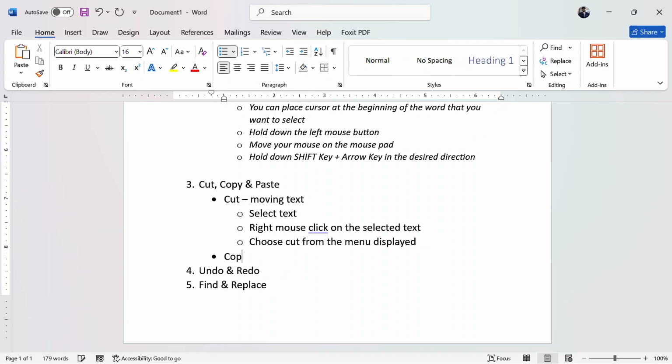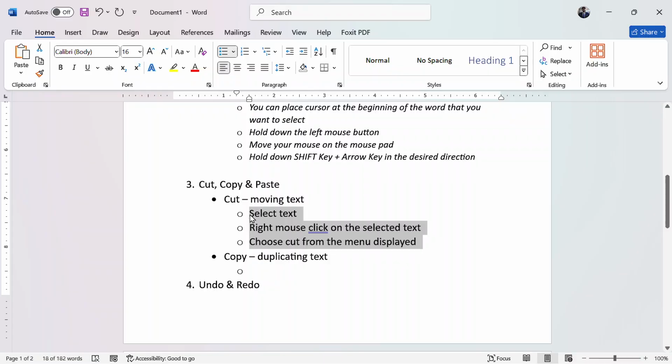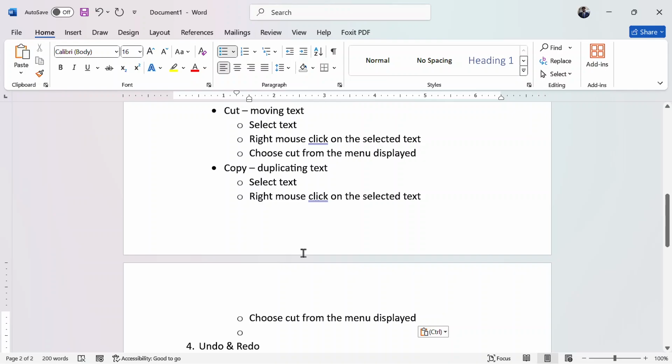Then copy. What is to copy? Copy means duplicating text. The same procedure we use for cutting is the same procedure that we use for copy. But instead of choosing cut, we use copy.